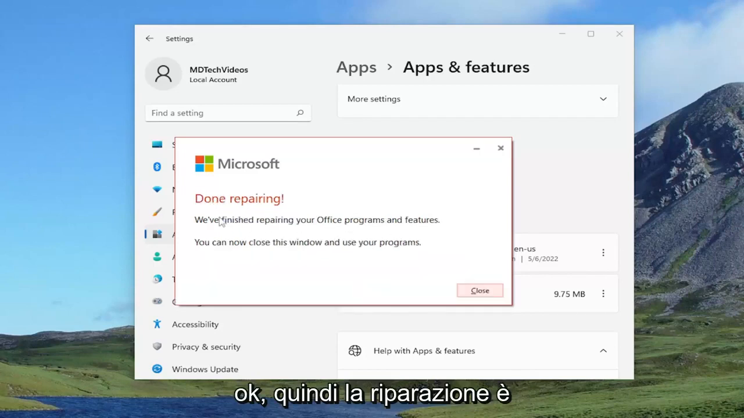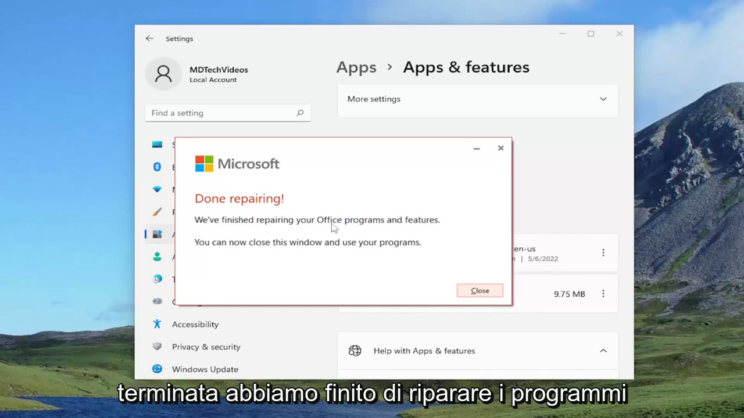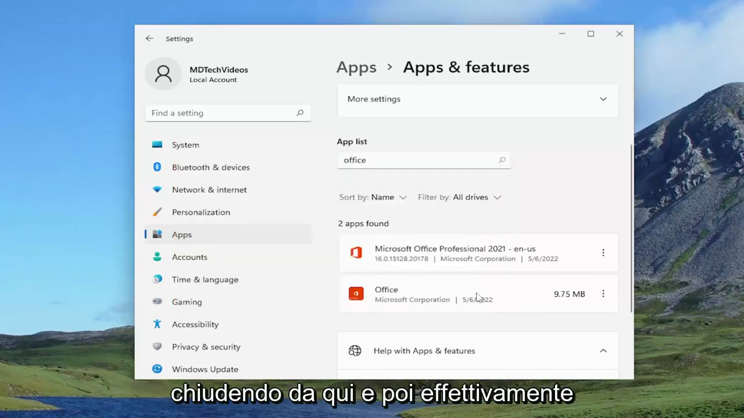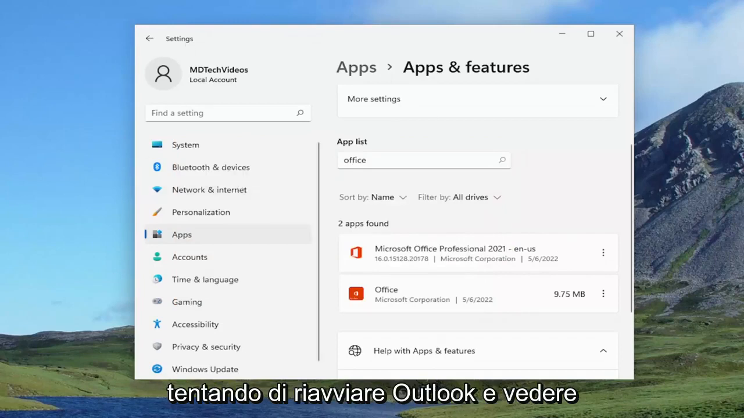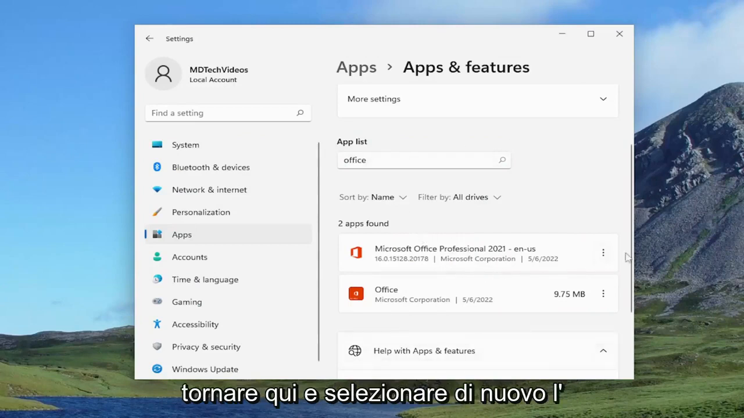Okay, so this is done repairing. We finished repairing your Office programs and features. You can now close this window and use your programs. Go ahead and close out of here and then actually attempt to relaunch Outlook and see if your problem has been resolved. If you're still having an issue, you can come back into here and you would select the three-dotted